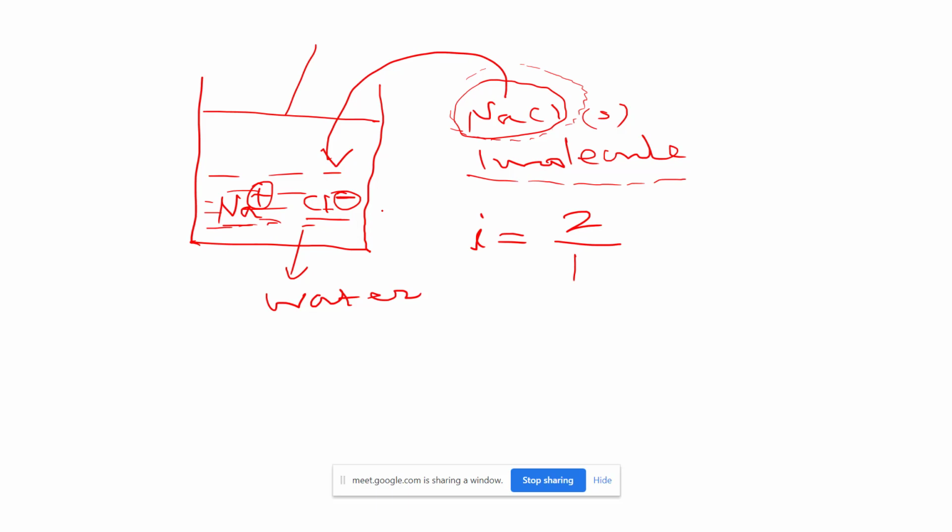If we add 10 gram of NaCl to 1 liter of water, whatever happens, however it is dissociated into particles, and however many particles there are, the total mass will always be 10 gram. So mass will not change. Molar mass is changed. Molar mass depends on the molecular formula.